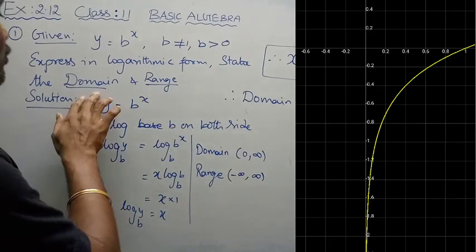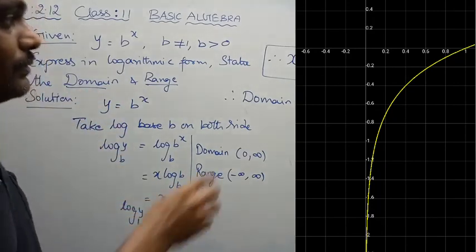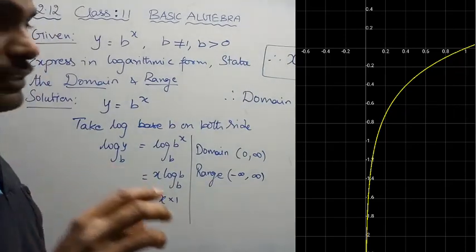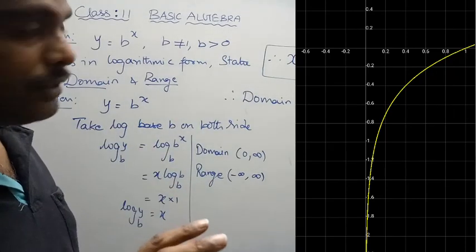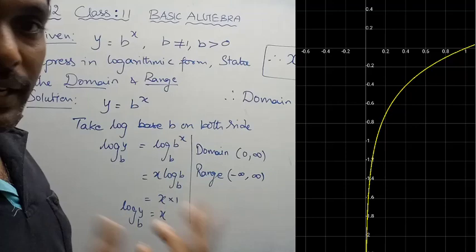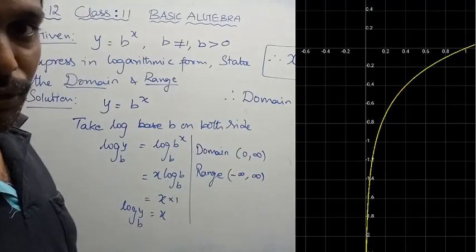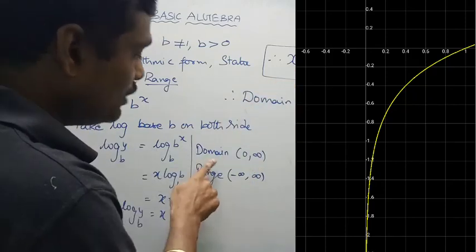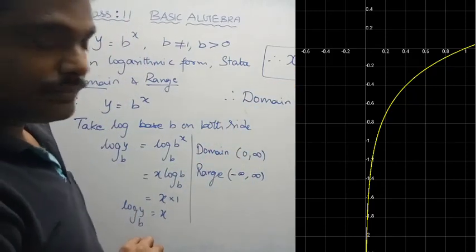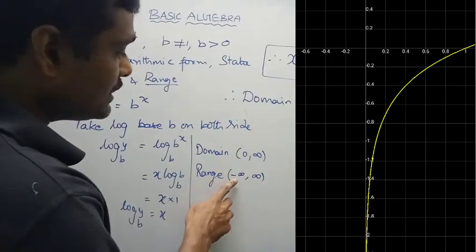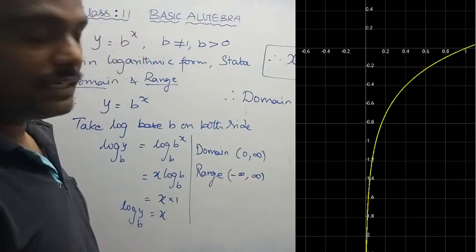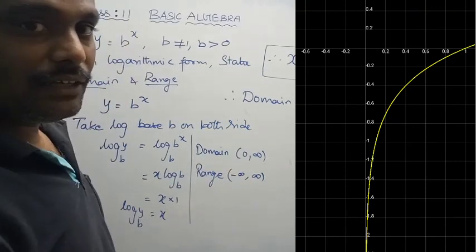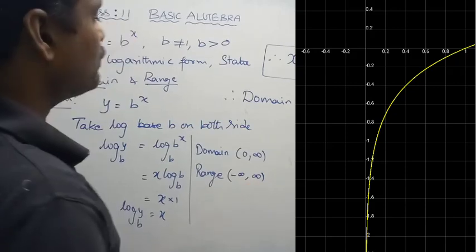In this case, the domain is the input of the logarithmic function. The logarithmic function only takes positive values. Log won't work for negative values. When you see the graph itself, you can understand it takes only positive values. So the input, the domain, is 0 comma infinity. And the output in this case is minus infinity comma plus infinity. It takes all real values. So the open interval minus infinity comma plus infinity.